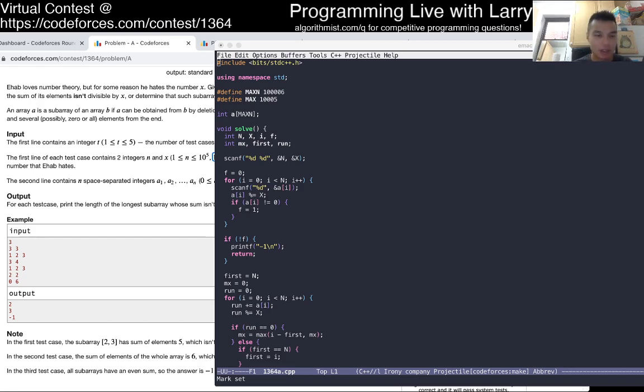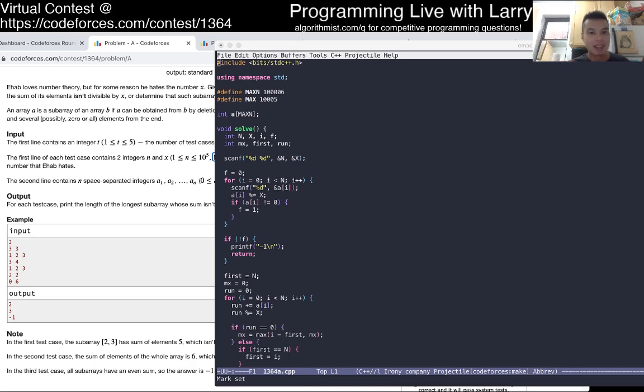Well, we might order the prefix sum by x because we just care about whether it is 0 or not, right? And let's say the current prefix sum for the current number is 0, what does that mean? Well, that means that from the beginning of the array to the current index in the array, it is 0. Or like it's divisible by x, right?